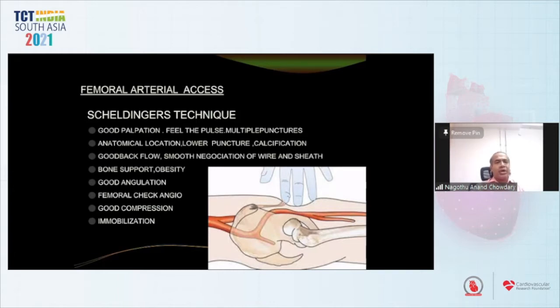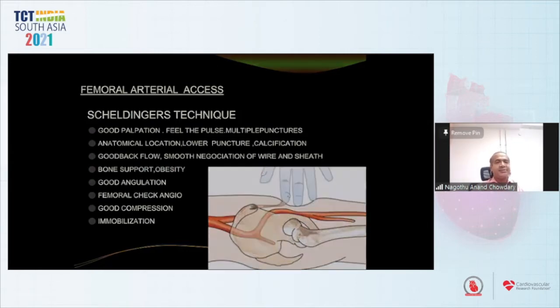Now the problem is mostly with old people and obese people. In old people, the groin crease relative to the anatomy of the bone is very low. So a fluoro-guided puncture in obese people is always important; that will help you prevent these problems. And in old people, there can be calcification, so whenever you puncture this calcified area, see that you give adequate compression and take extra care